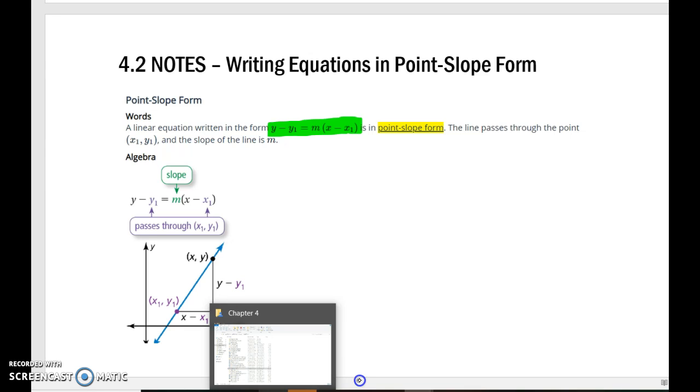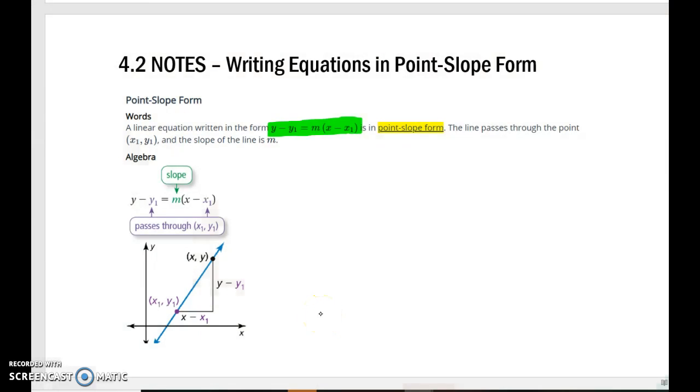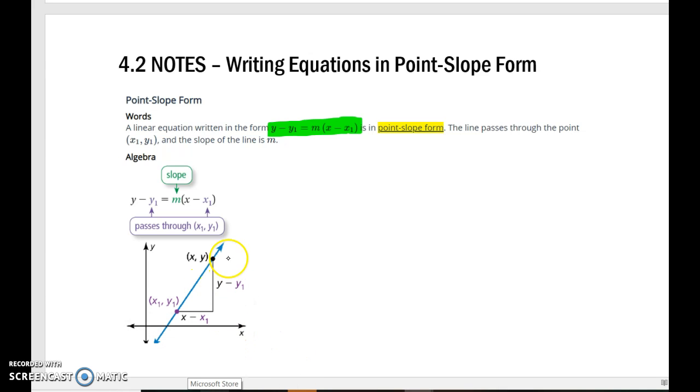It's an equation just like slope-intercept form is an equation. This is just an equation that we use when we know the slope and we know at least one point on the line. So the difference in the graphs that you're going to see today, if you notice this line,